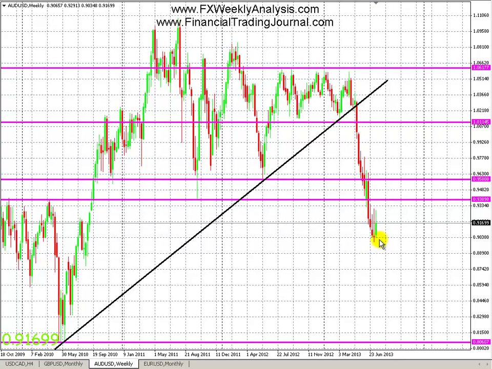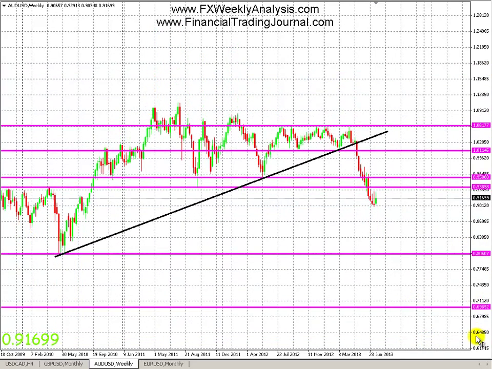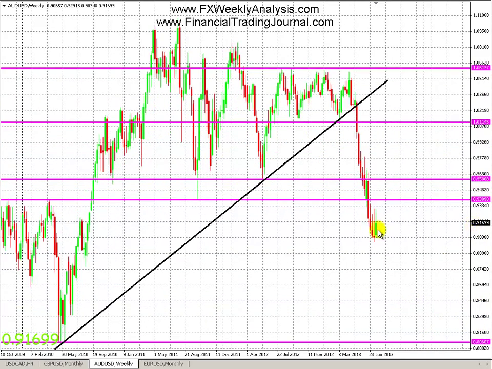But anyways, that is a possible reversal candle type scenario, where if it's found at the bottom or top, then it could reverse, assuming you have confirmation in the next candle, which we did have confirmation this week with a green candle. However, I don't really like a reversal play, considering the long-term outlook on the Aussie. As I mentioned in previous weeks, we're headed down to the 0.8 level, or below that we have the 0.7 level. So I don't really see it reversing.